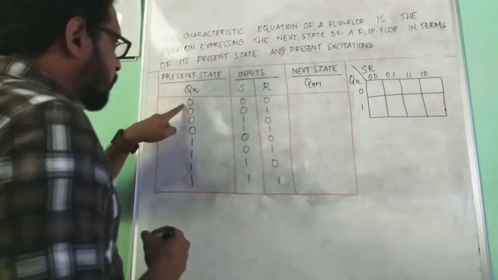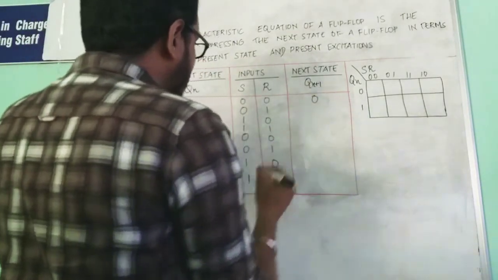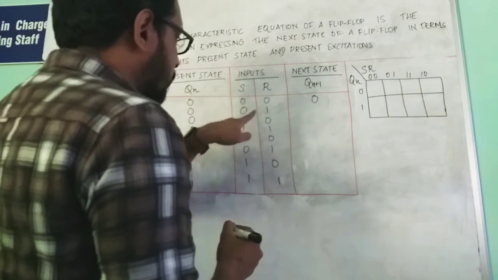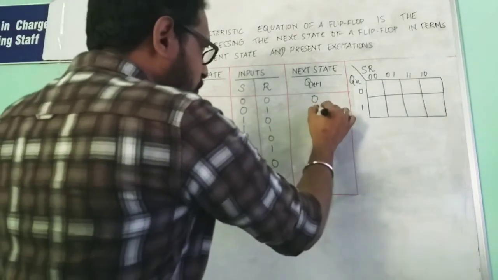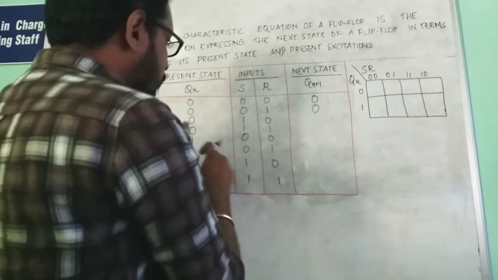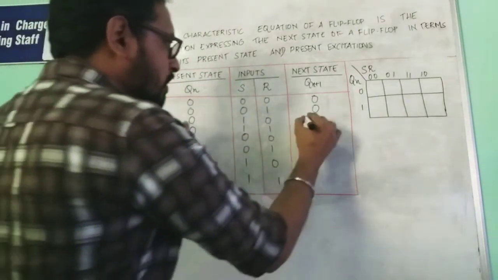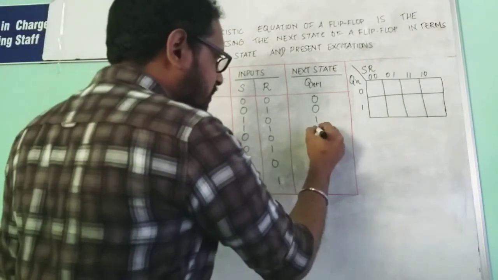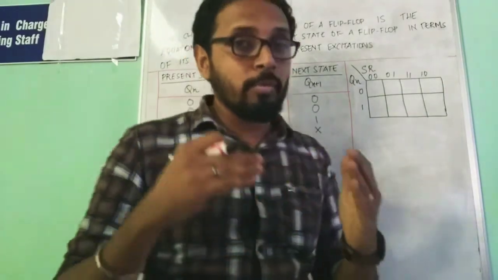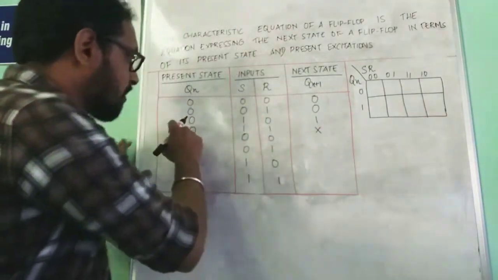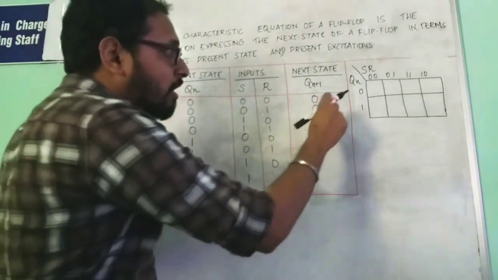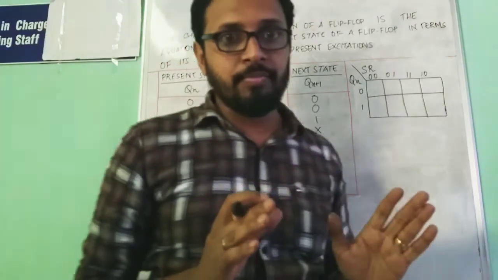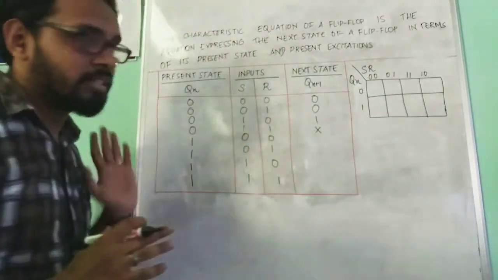So we'll go for it. S and R value 0, no change condition, we get a value 0. S holds the value 0, R is 1. Okay, it's already 0, so we go for 0, reset condition. This is 0 and S value is 1, so set condition. This is 0 1 1, which means it's X. In some textbooks you may not find this entry, but in the truth table we need to show that entry, that it will be a don't care condition. So it's better to always go for drawing this figure.